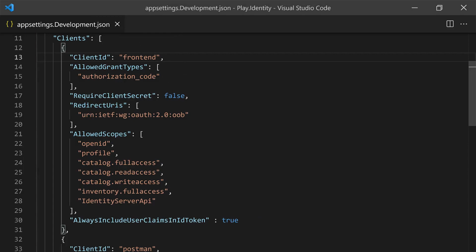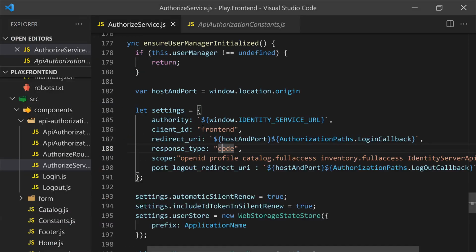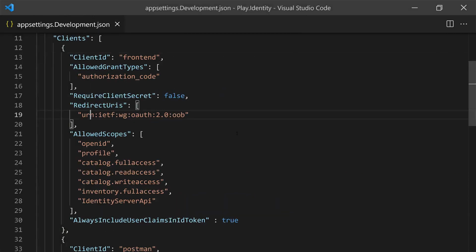We will keep using require client secret as false, because we know that we're using authorization code with PKCE protection, which includes the code challenge that will make sure that the proper flow is enforced. Now for redirect URIs, going back again to the front end, we have to use the plain version of this string that's been built over here. So that string would be, let me type it right here,